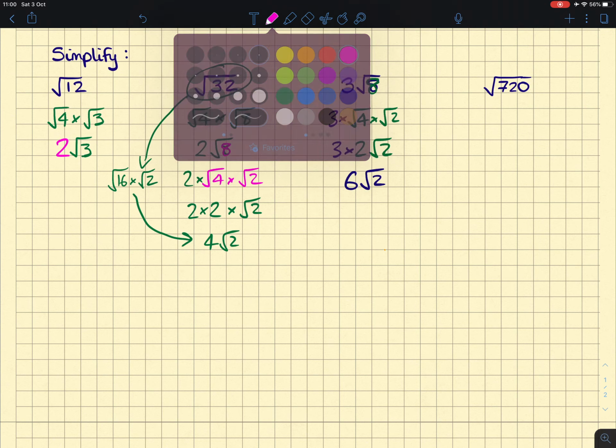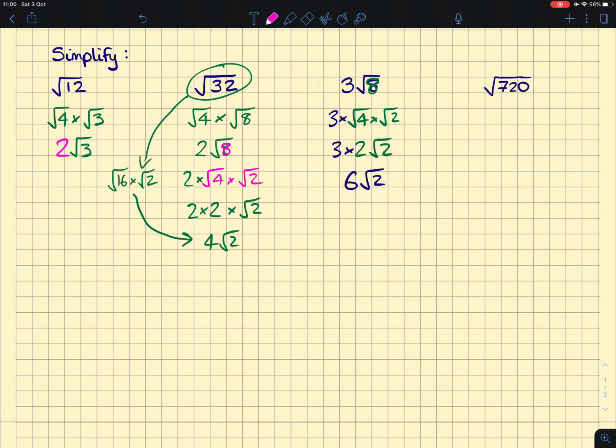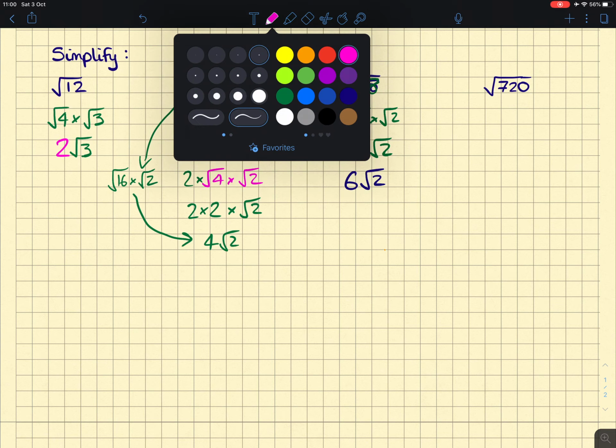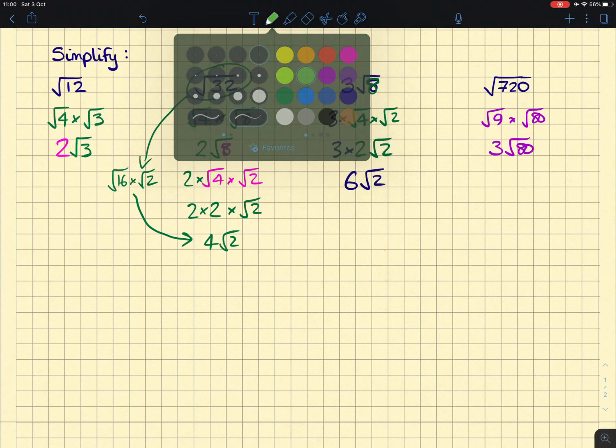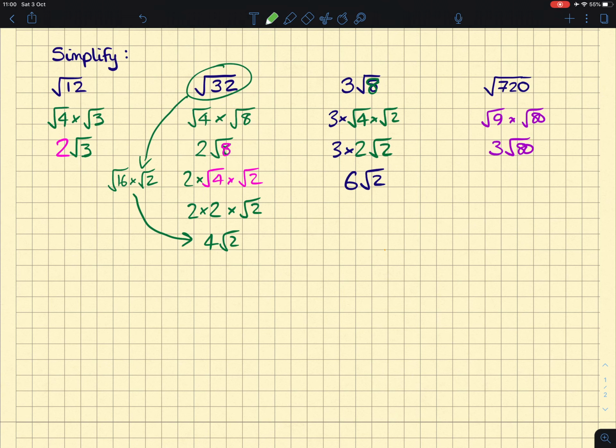Well, if any of you knew how to simplify this surd in one go, then fair play. If not, let's just take it one step at a time. So I know that 9 goes into 72, so 9 will definitely go into 720. So let's rewrite this as root 9 times root 80, giving us 3 root 80. Then, next step, I'm going to be like, well, 80, I know that can be divided by 4, so we end up with 3 root 4 times root 20. Should put a multiply in there as well, which becomes a 3 times 2 root 20, which becomes a